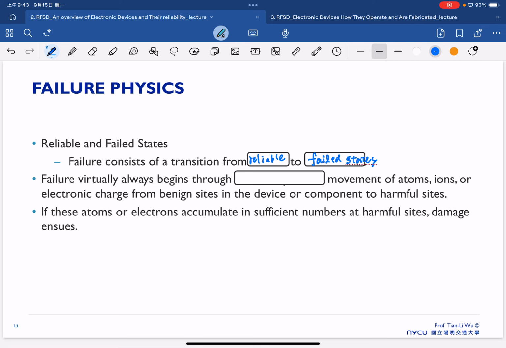That's why we need a certain time. We need a certain time for this process to happen. So this is why reliability is always related to time dependence. The failure always begins through a time-dependent